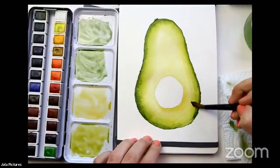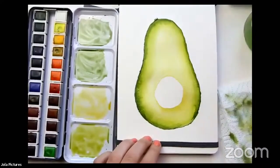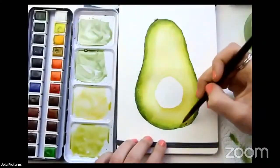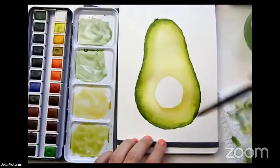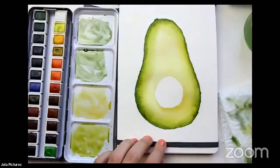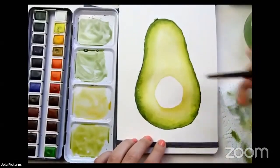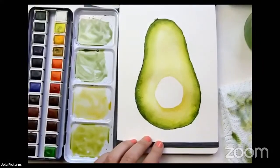So I'm just going back and forth, adding dark color to my brush for the edges and then diluting it as I go towards the middle. That way I get a clean transition from a darker saturated green into the lighter tones. It's a little bit nerve-wracking. Sometimes you feel like it's just not going to merge properly, but